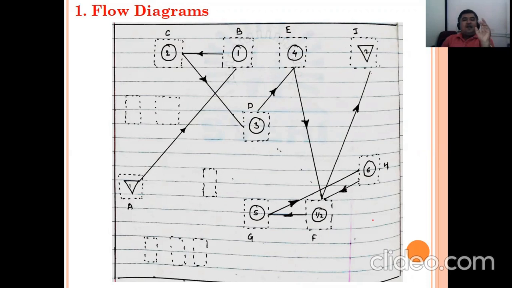This is the layout of the company, in which different departments and different areas may be there, and how we are traveling from one department to the other department. So that is shown. Looking at this diagram, can anybody tell me, can we modify these diagrams? Can we shift some departments?